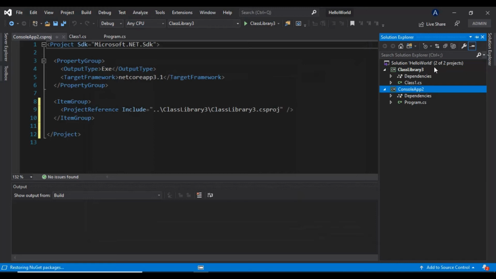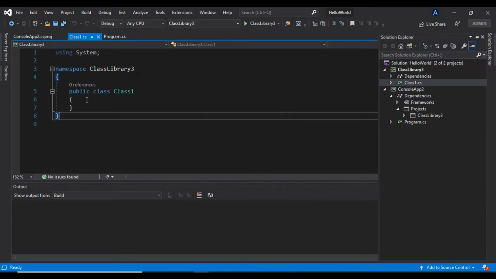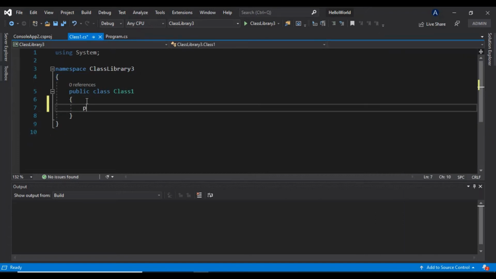Now this class library project's reference is added into this project, as you can see here. Now why do we want to do something like this? Let's go to this class library project, and let's say we have one method here.